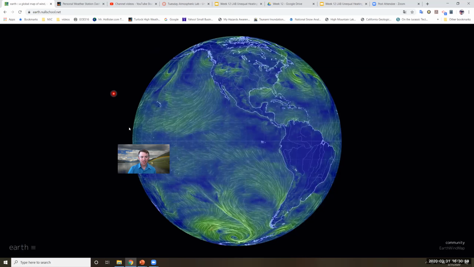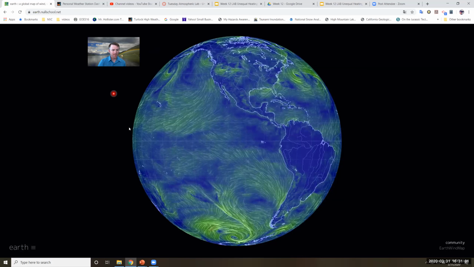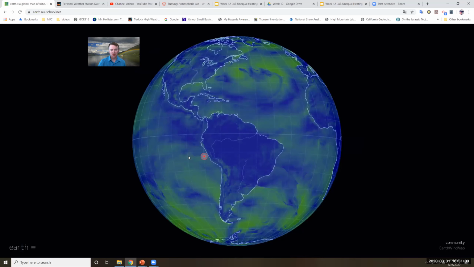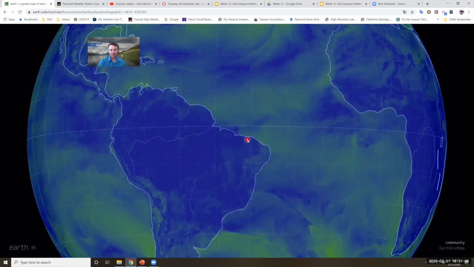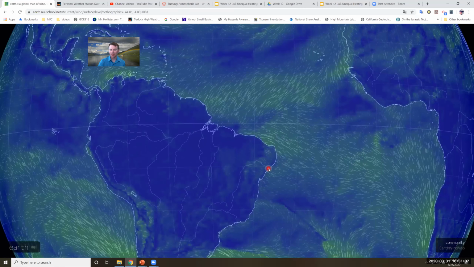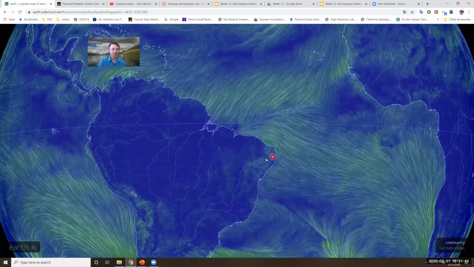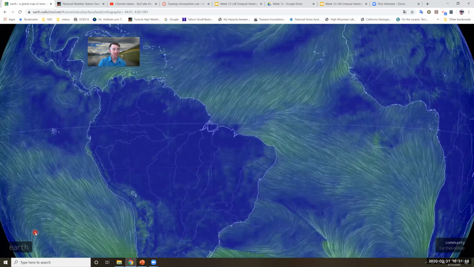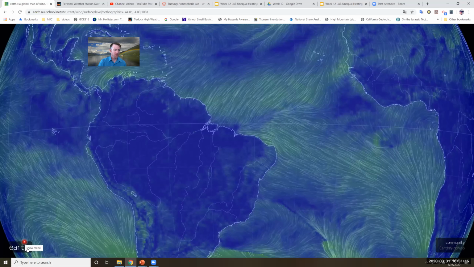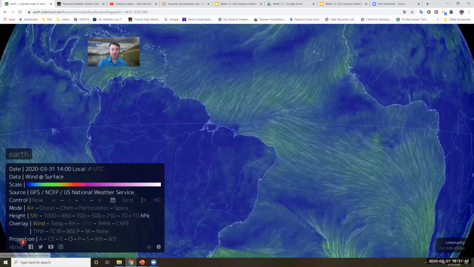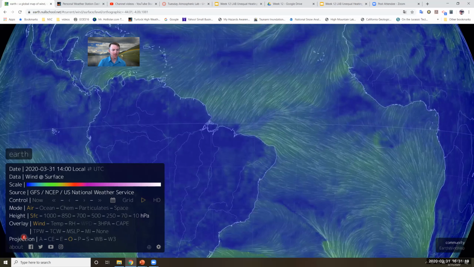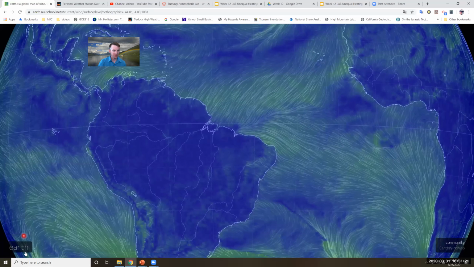This is what it looks like if you were to first log on. So what we want to do is zoom into a coast and find a place where it hasn't been too cloudy in the last few days. What this is showing us right here is just the wind. What we're going to be interested in is the temperature, but we want to find an area that's not cloudy. So the way we find it is if you click right here where it says Earth in the bottom left-hand corner,